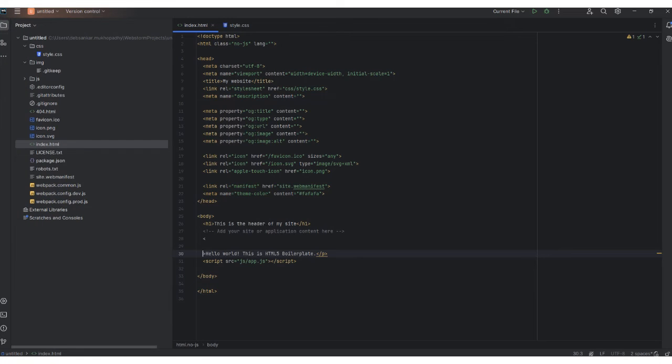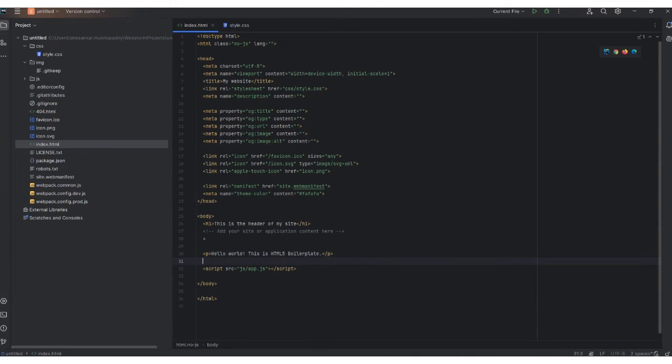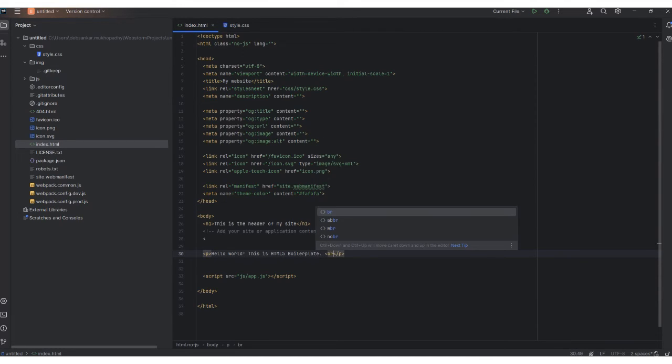So typical usage can be like you write something in the paragraph, and let us say in the paragraph you want to break the line, so you do break,